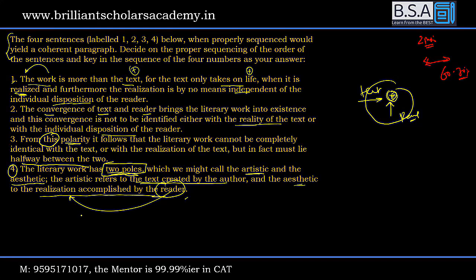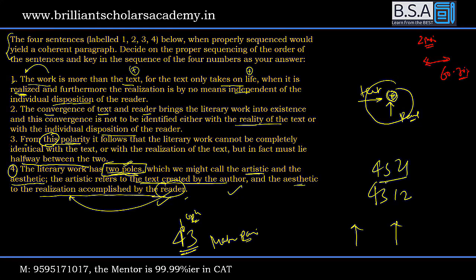रीडर बेसिकली ये बोल रहा है आपको कि ऑथर और रीडर का वर्क साथ में आएगा तो लिटरेरी वर्क का इफेक्टिवनेस होगा. अब देखो, क्योंकि सेंटेंस 4 इज इंट्रोड्यूसिंग टू पोल्स, और ये पोलैरिटी, फ्रॉम दिस पोलैरिटी इट फ्लोज. 4 and 3 आर अ मैच्ड पेयर, एंड 4 लुक्स लाइक अ ओपनिंग सेंटेंस. अब अगर 4-3 है तो इट कैन बी 4-3-1-2, इट कुड बी 4-3-2-1. अब आप 2-1 के बारे में सोचो, 1-2 के बारे में सोचो, विच वन शुड कम फर्स्ट?